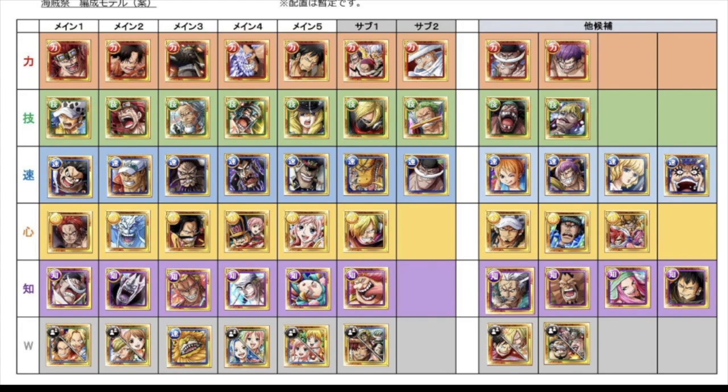Sanji Pudding, Neko, Vivi Rebecca, Shanks Crew, and Shirahoshi are all cerebral-based units, but then obviously Luffy, Sanji, and Beej aren't. But Ace Sabo is just insanely good in Rumble as well. So that's what Japan's working with, and I have sort of used this as a little bit of a guide